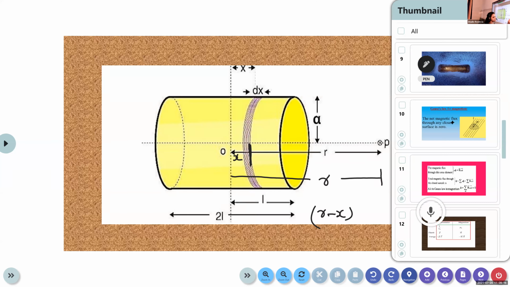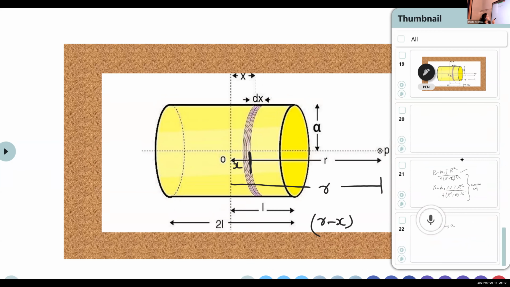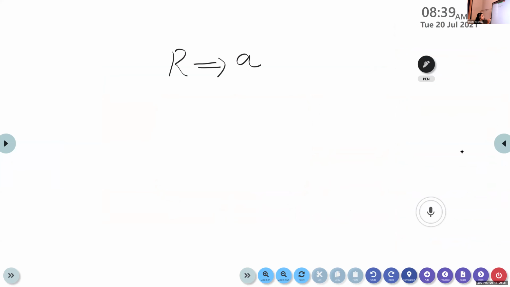This we already discussed in our last class, I am just recalling it. So R is equal to A, here the radius is A, and the distance x changes to R minus x. So our equation becomes, the magnetic field produced here is due to a small segment. The magnetic field is not produced by the entire solenoid. Instead, we are considering a small segment dx. So the magnetic field produced at the point P due to the small segment dx is given by a small magnetic field.